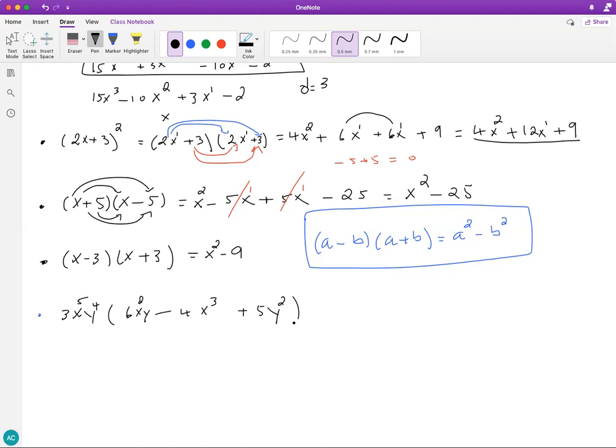Right, you may have something like this. So basically we're multiplying a monomial by